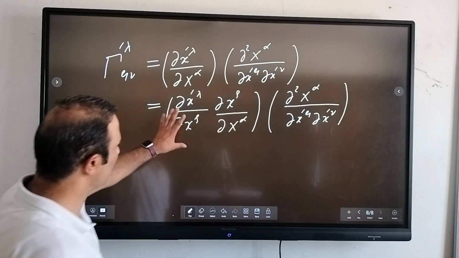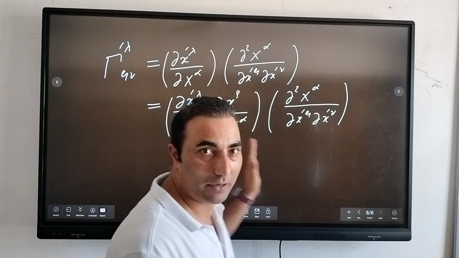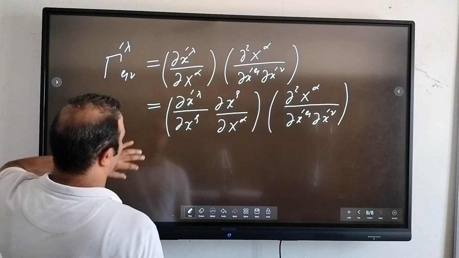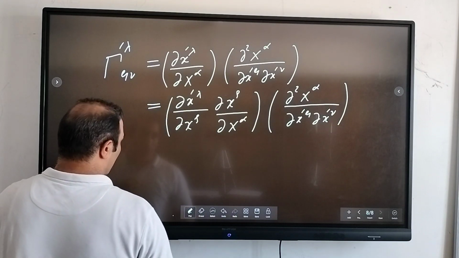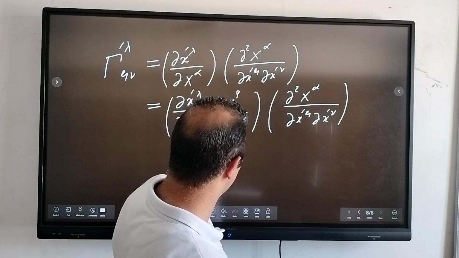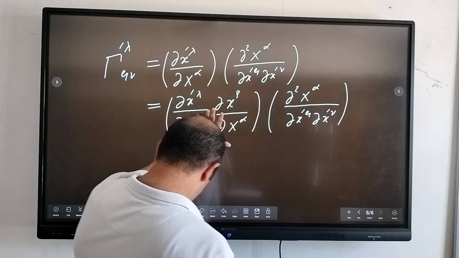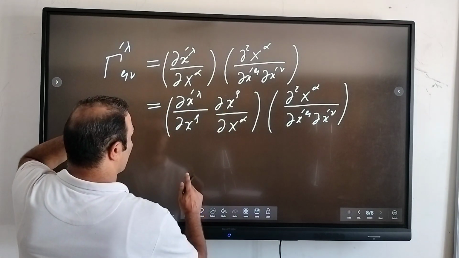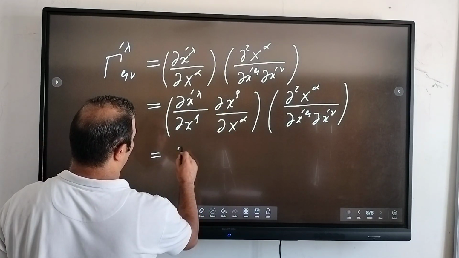Okay, so here I simply multiplied and divided by partial x rho. Now we have two terms where we need to take the variation of this thing with respect to this, right? So I can rewrite this term as, this will be equal to partial x prime